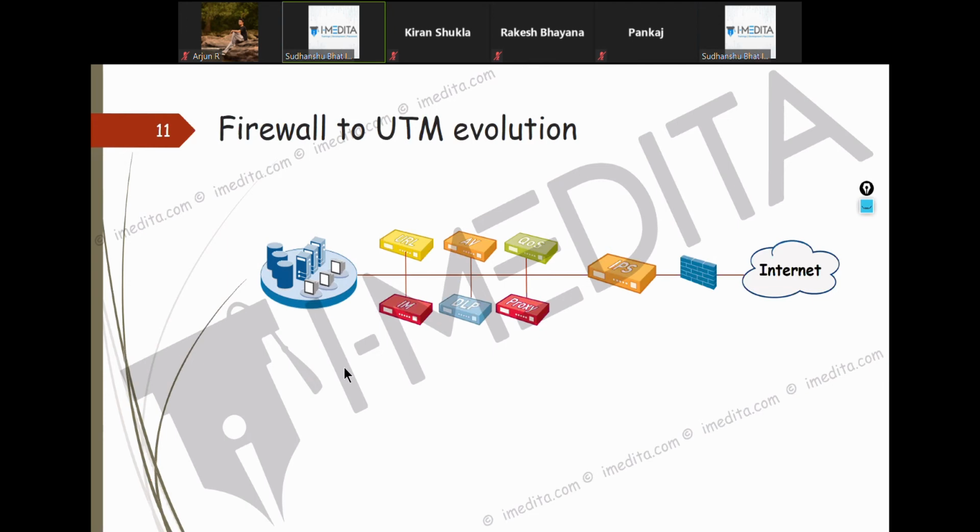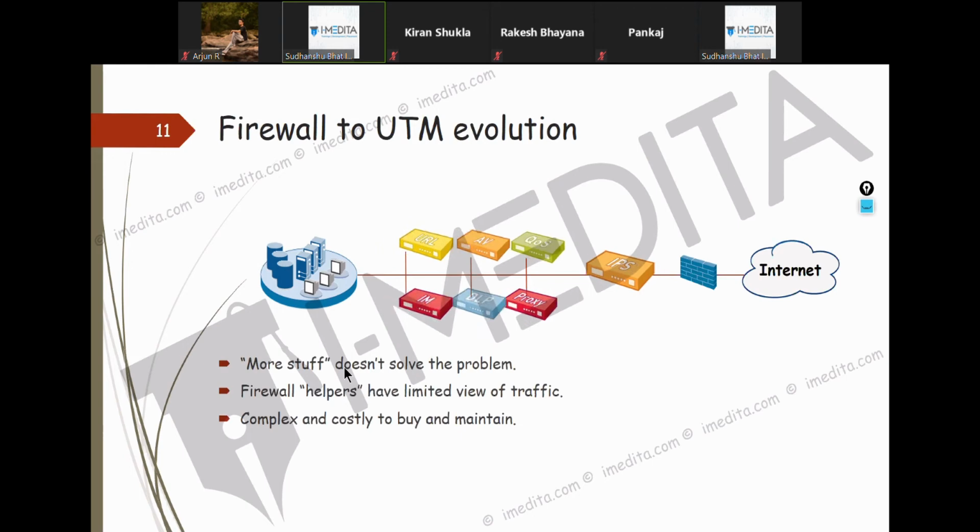This is when Checkpoint came out with the term UTM, Unified Threat Management. What they did was combine all of them together in a single box.